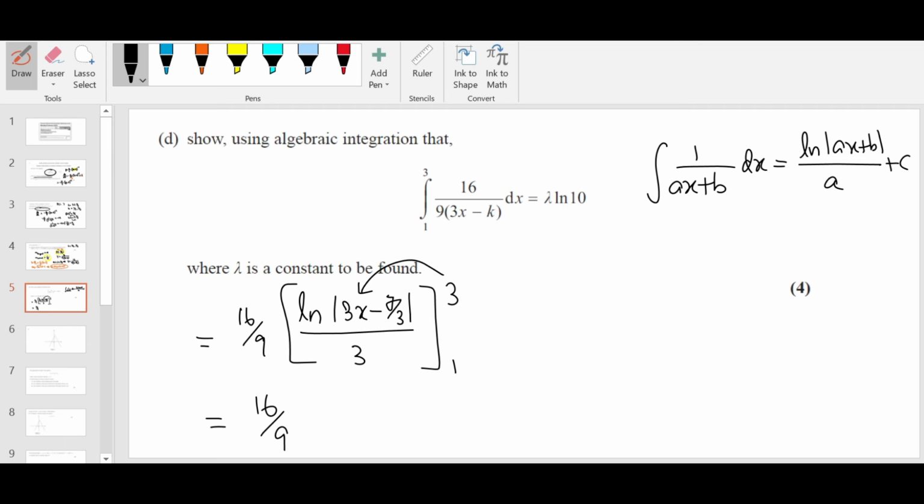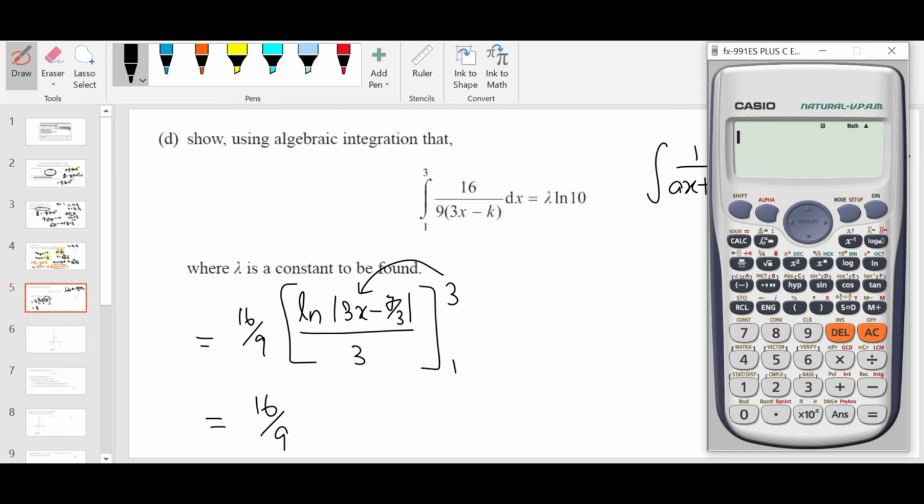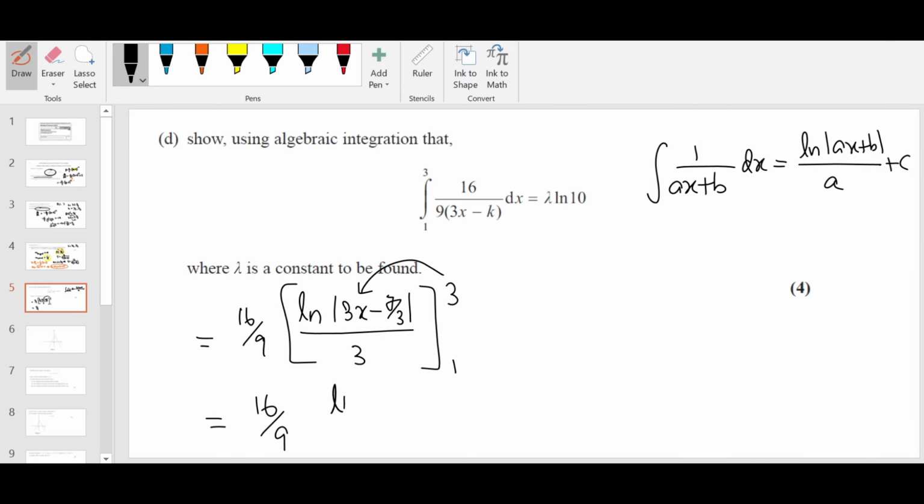So you will get 3 times 3 is 9, minus 7/3, which is 20/3. ln, I can take this 3 also as a common factor, I'll put it as 9 over 3. So I'm going to write it as 16/9 times 3, and then sub in the upper limit, ln 20/3, minus ln, sub in the lower limit 1, so 3 times 1 is 3, minus 7/3, 9 minus 7, which